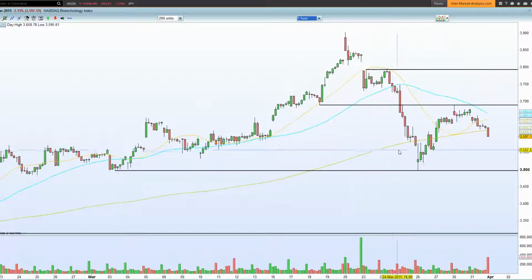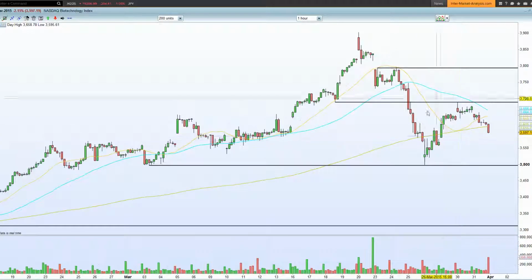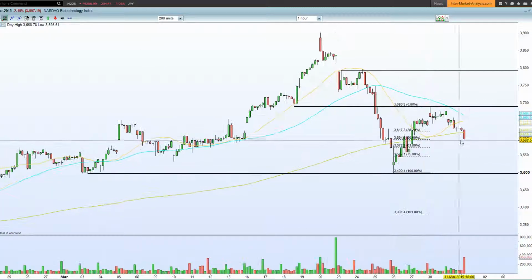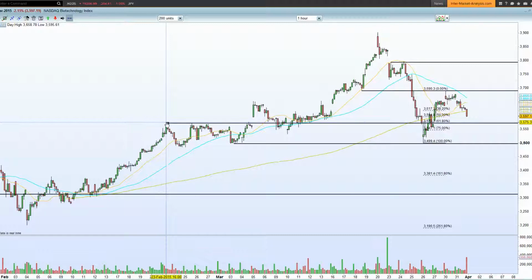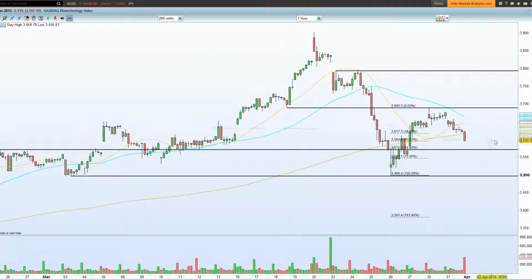60-minute chart, we have held that previous resistance equal support, and the market has pushed lower, but hasn't negated the pivot low move from the 26th. So that's the important sign. Especially with regards to Friday's move, we are coming into the 50% fib retracement, and that certainly needs to be watched very carefully. Okay, we have previous resistance equal support in this region here, so again that certainly needs to be observed as well. But it's a 200 MA that I'm interested in. That should be expected to hold going forward.